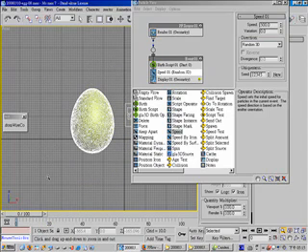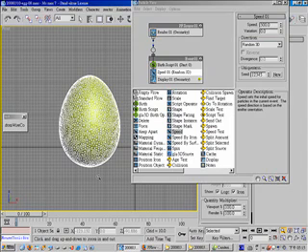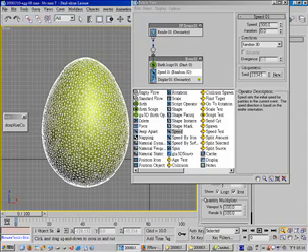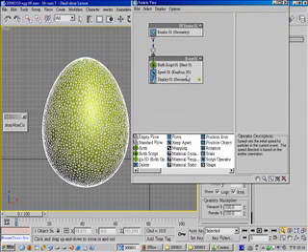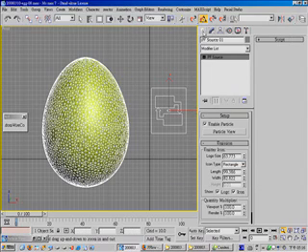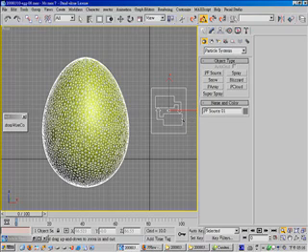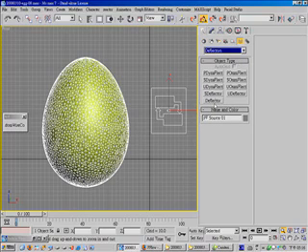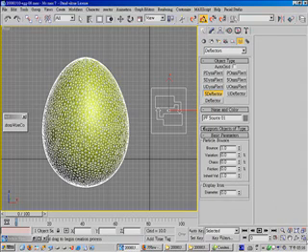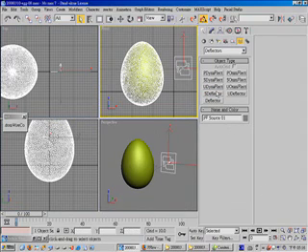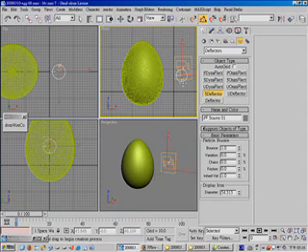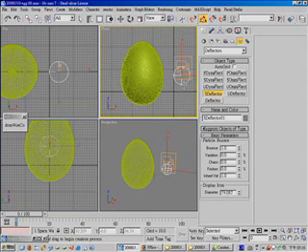Okay, so the next thing is to create a collision object that will change the speed and the explode effect of those fragments. So let's delete this speed operator. So we need a bullet to collide with this. So let's go to force deflector, and we are going to use sphere deflector, and click and drag to a proper size,